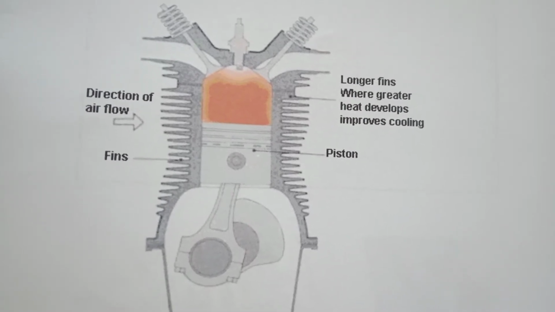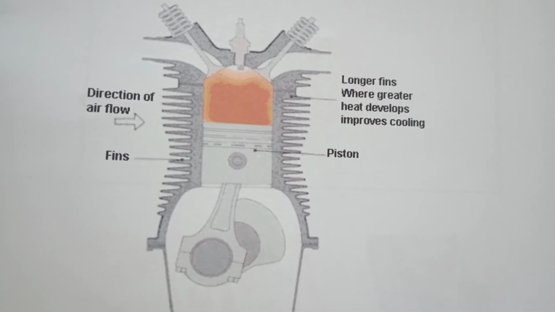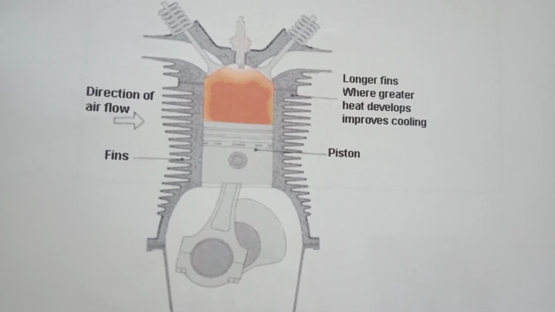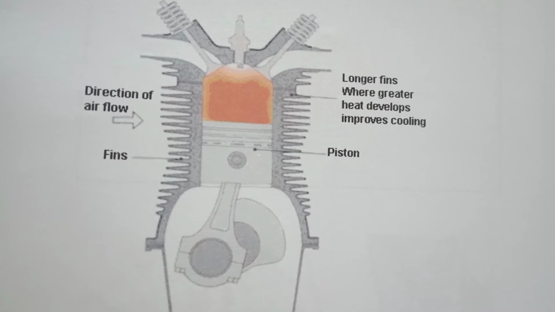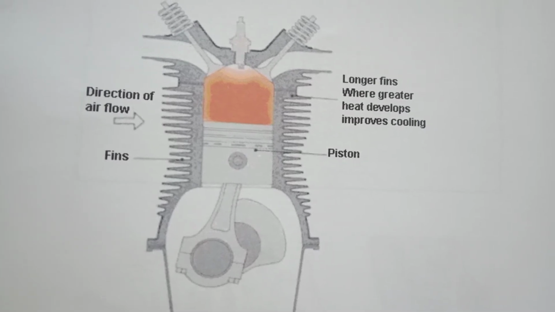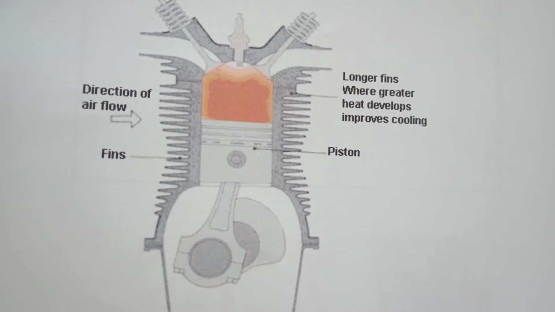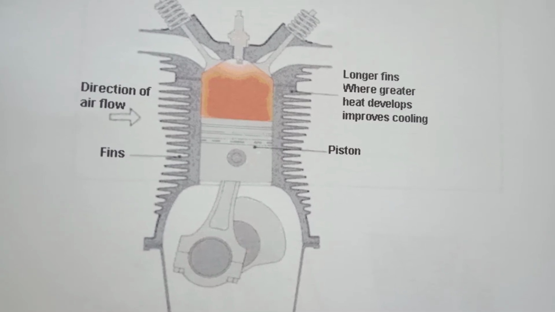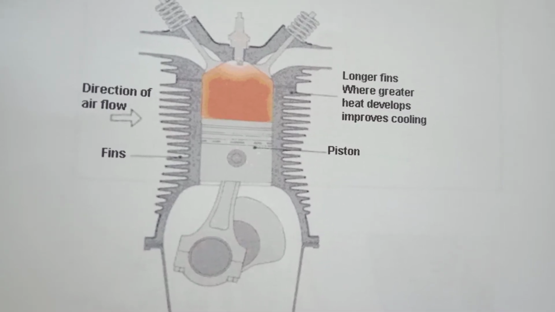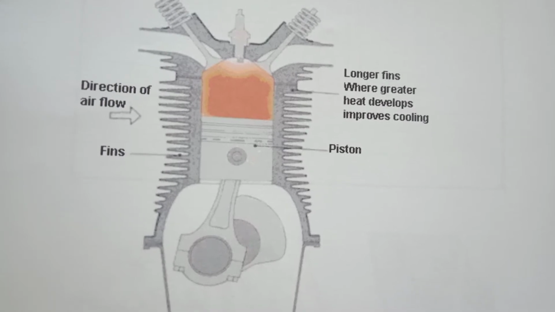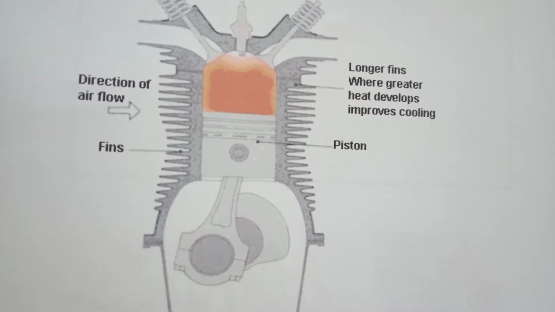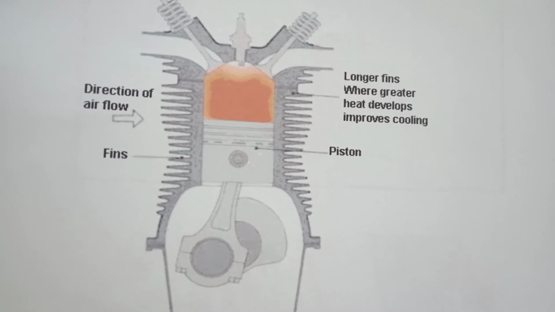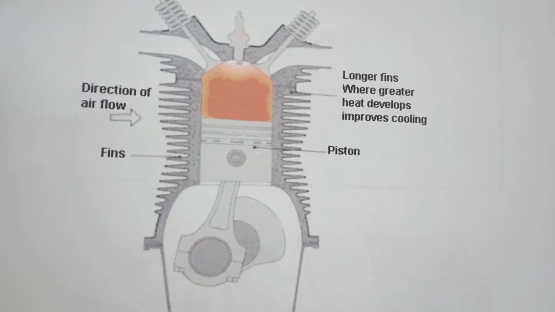At the same time, when there is an abnormal increase in the temperature of the IC engine, then what happens? Expansion of metal takes place. That is, the piston and cylinder both will expand, which distorts the geometry of the cylinder and piston. Due to this there is also an increase in friction, which leads to seizing of the engine. So for this reason it is necessary to dissipate the heat with the help of fins in the air cooled engine.